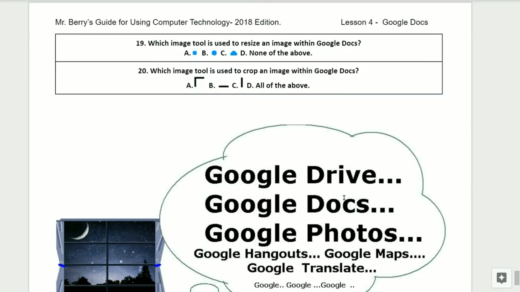Is it A, the small blue squares, B, the small blue circles, C, the small blue triangles, or D, none of the above? Question number 20. Which image tool is used to crop an image within Google Docs? Is it A, B, C, or D, all of the above?